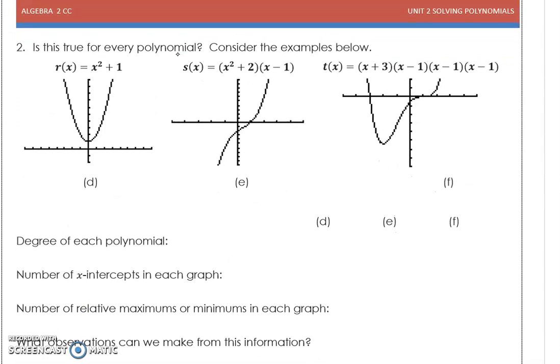So is this the case for all polynomials? So we're going to do the same process here. The number of or the degree of each polynomial, again, you're looking at that highest exponent, or the number of x's. So we have the second, third, fourth,